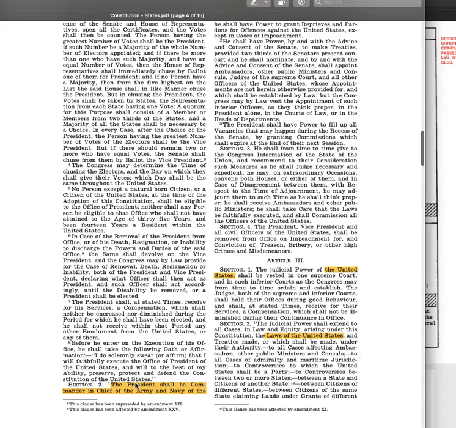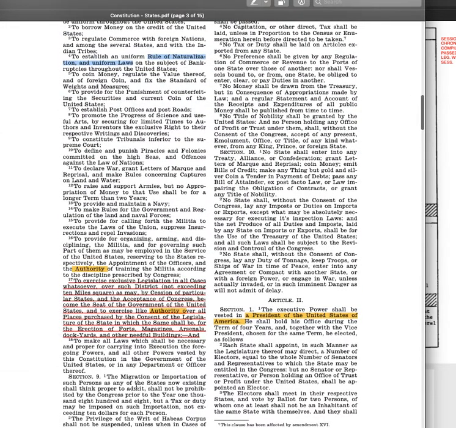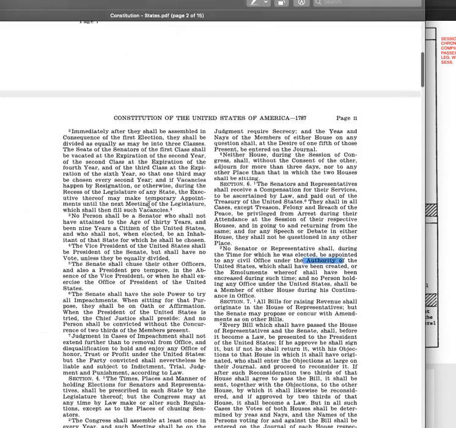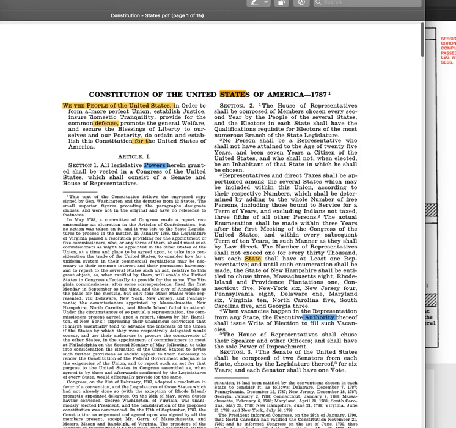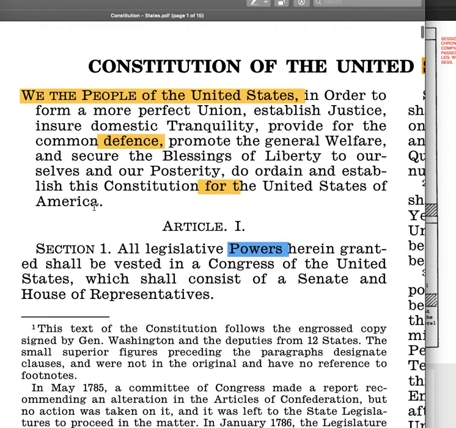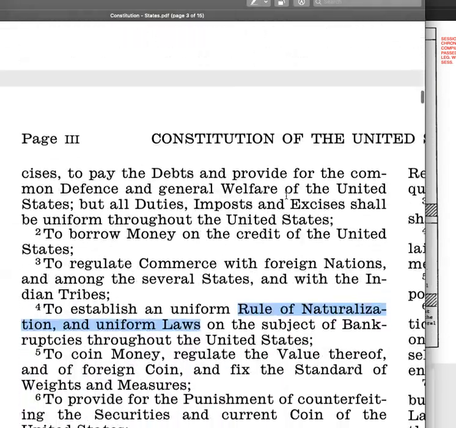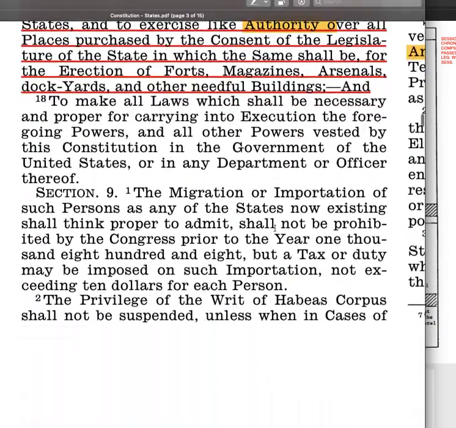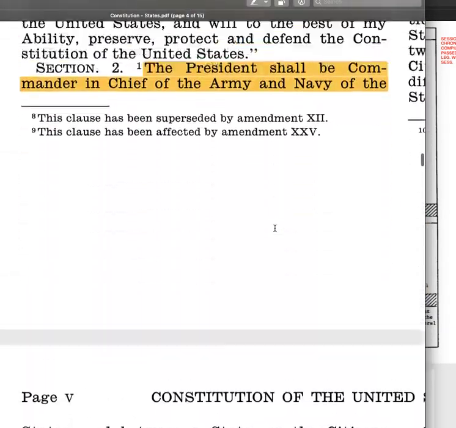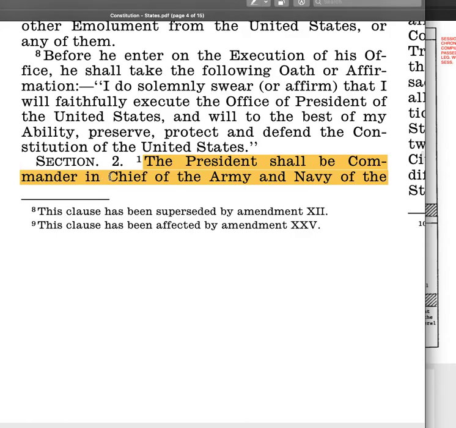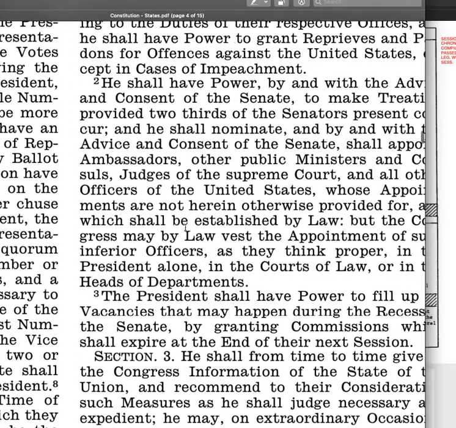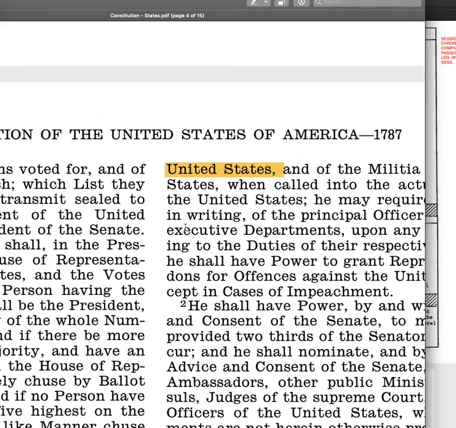Because you need a single power over the military for when you're called to actually do your job and defend America. So when the United States is called to defend America, the commander-in-chief of the United States Land and Naval Forces has to do his job. He has to command. Otherwise, he's the executive officer of the United States of America.